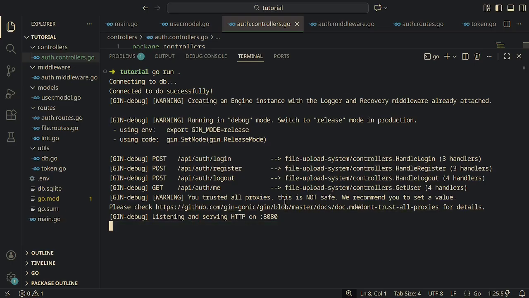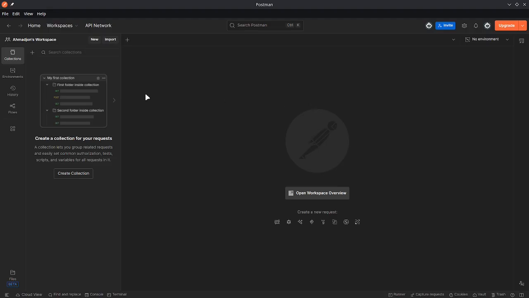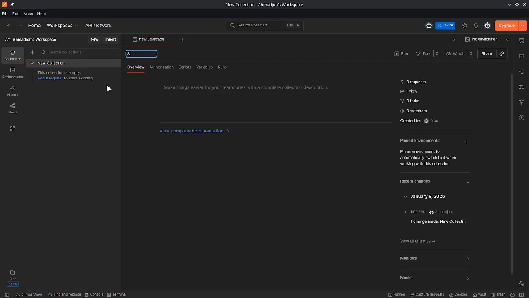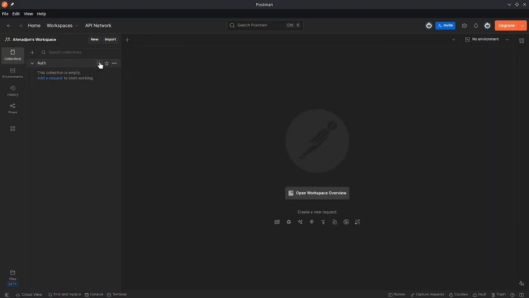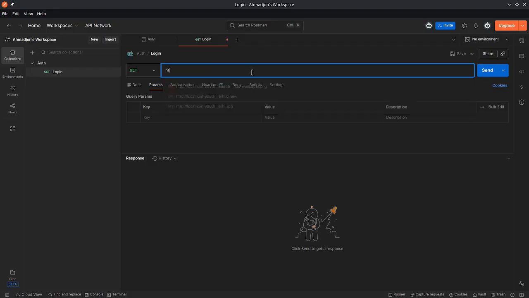Now I want to open up my Postman to check to see if those routes are working fine. So here I have my Postman open. What I want to do is create a blank collection for my authentication. So let's rename that to auth and create a new request here. I want to call that login. Path is going to be